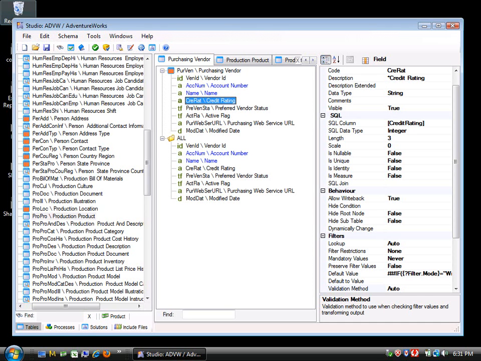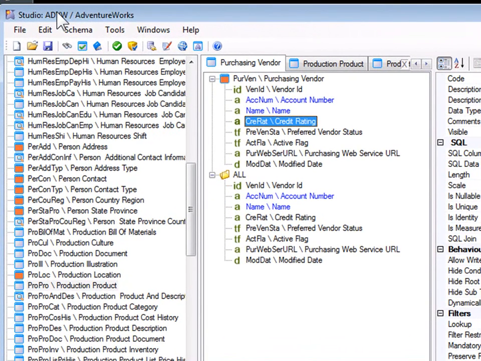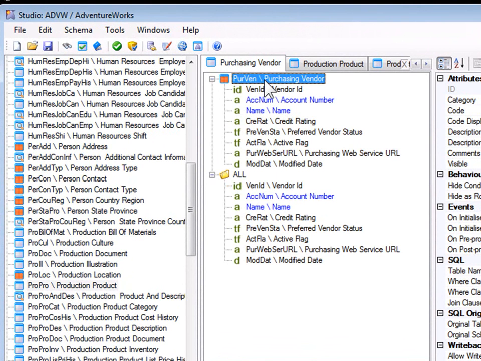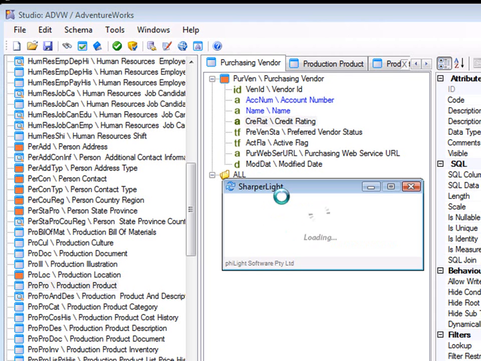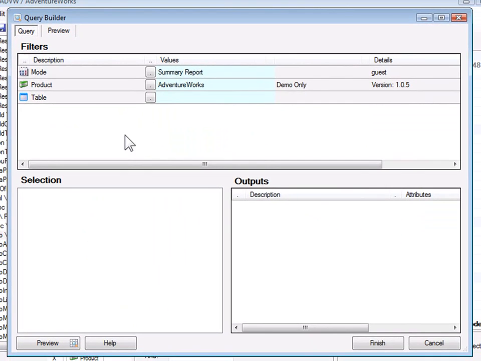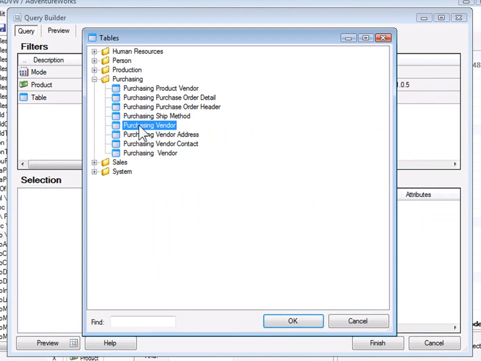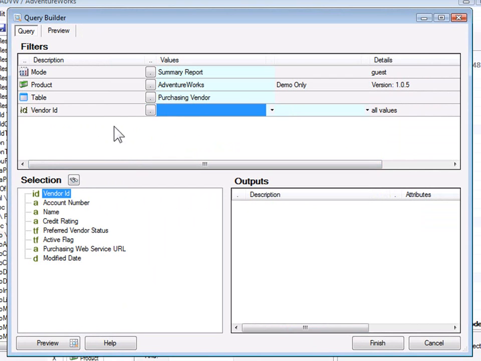In this video I'll be discussing how to control the behavior of lookups on filters. I've launched Studio and opened up the AdventureWorks database and gone to the purchasing vendor table, and I haven't changed any of the attributes of the fields yet, so we'll just go into the query builder and look at the behavior of the lookups. By default, I've selected the purchasing vendor table and I'm going to drag up the vendor